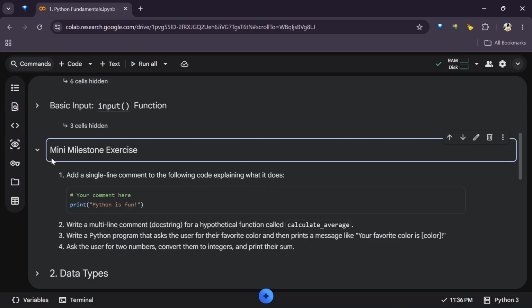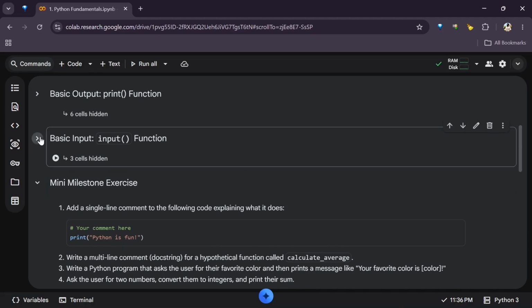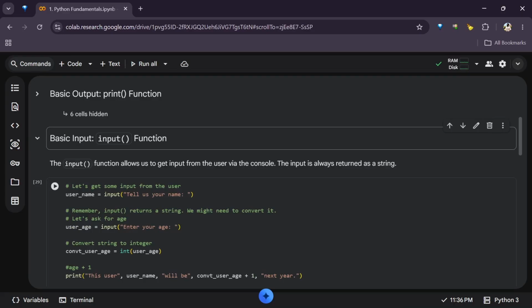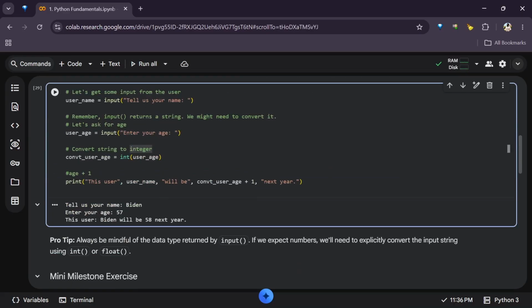Or you can just make sure you are not active in the cell. How can you be active in a cell or not? Let me show you that quickly. If we go back here, I'm currently active. The same way in Excel we can be active and inactive, right? We're in the edit mode, not the command mode. So if you want to use shortcuts, you have to be in the command mode.